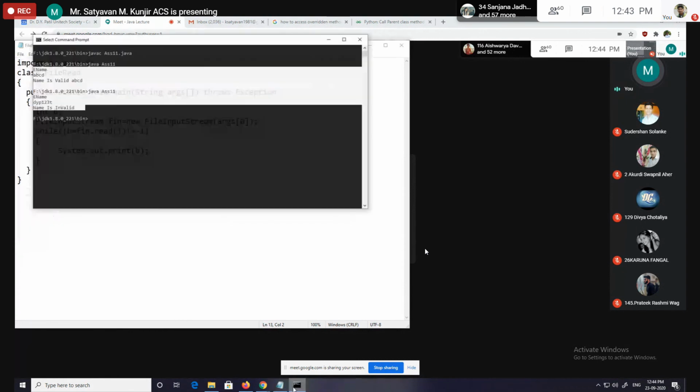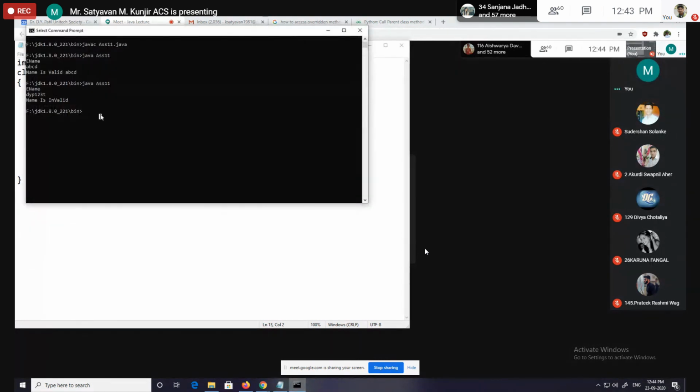Then we have to compile it and execute it: javac FileRead.java, and then execute it. While executing, we have to pass the file name c.txt as a command line argument.